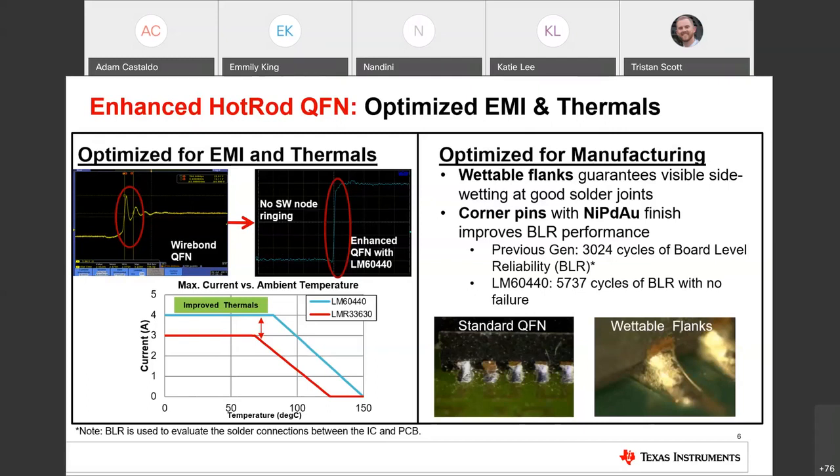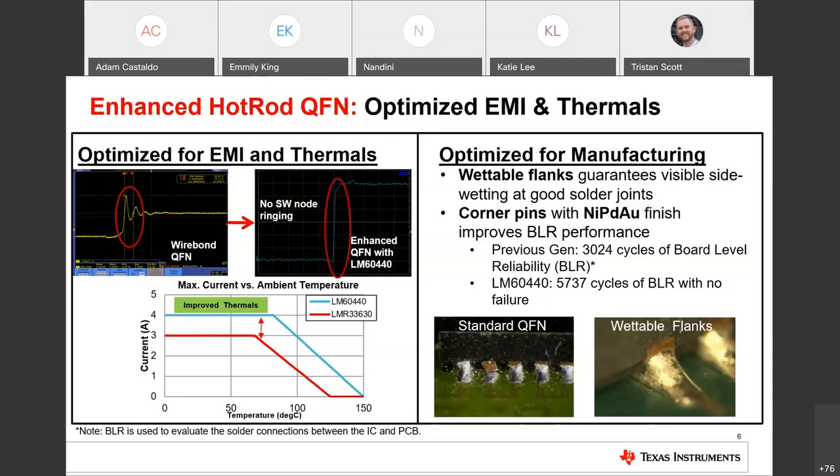So the bend in the derating is not happening until 5 to 10 degrees T ambient higher with the LM60440. When you're considering power density, like I mentioned, you're able to get higher output currents with less derating. So instead of having to go another size up in package, which you would have had to if you needed 4 amps at 80 degrees C ambient before the LM60440 released, now you don't have to, and they're both in a 3x2 millimeter footprint, so the same package size. That summarizes the main benefits of the enhanced Hot Rod QFN package on the thermal aspect.